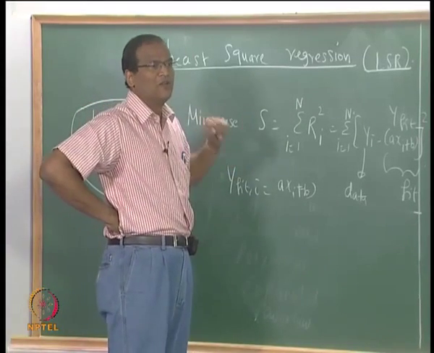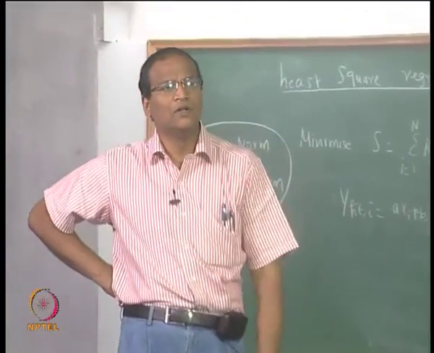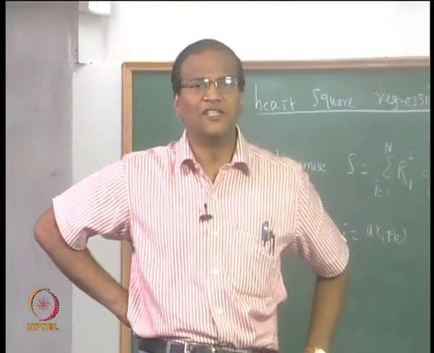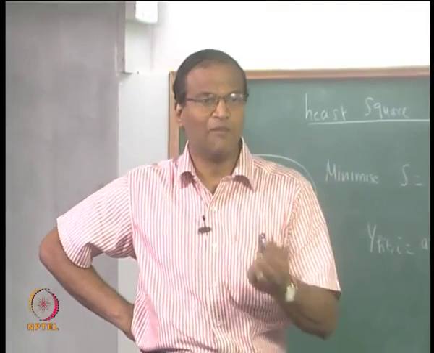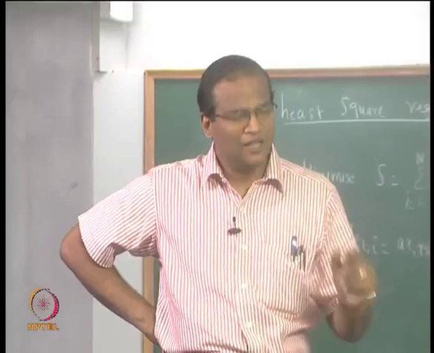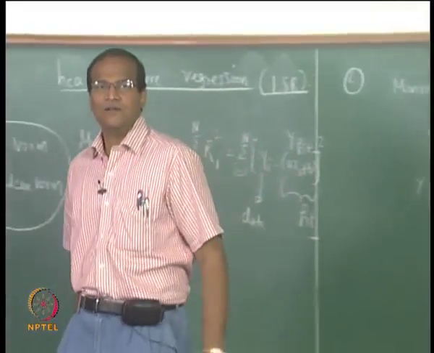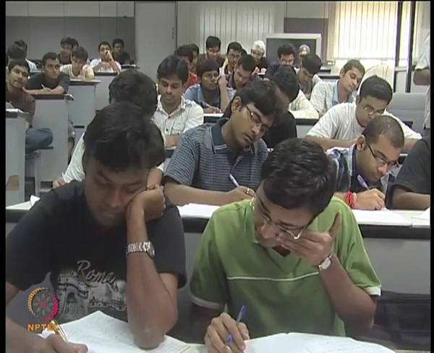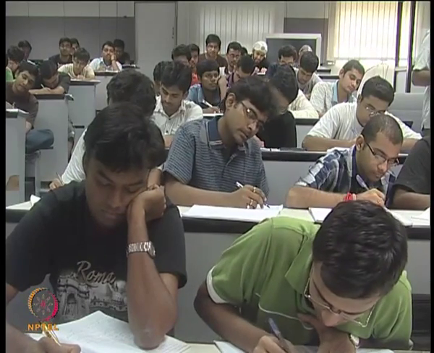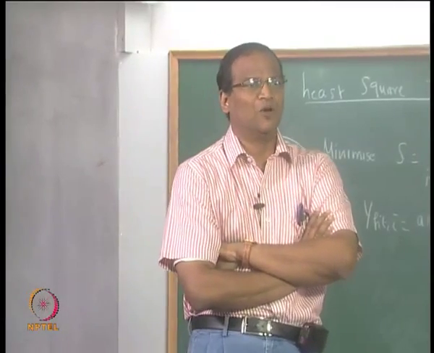But now suppose we have data of y versus x, how do we actually get this a and b? Yeah, differentiate the norm, do partial differentiation, do dou S by dou a equal to 0, dou S by dou b equal to 0, get a set of simultaneous equations, solve for a and b. In the next 5 minutes when I take attendance, please do it, and then I will work it out on the board. Please do this exercise. Differentiate S partially with respect to a and partially with respect to b, equated to 0. Please note that sigma will keep coming throughout, and the total number of data points is n, small n.